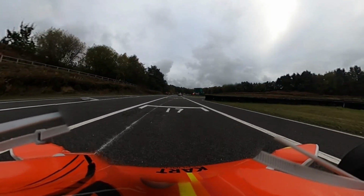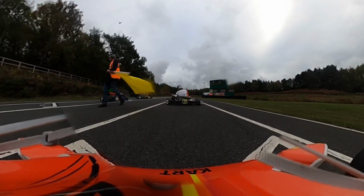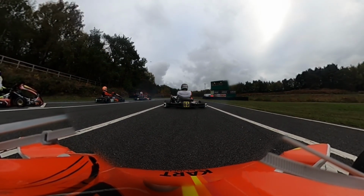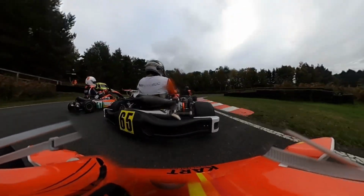In front of us is Rishi, I believe, so we're going to see if we can sort of get in front of him before the start, see what we can do with that gained confidence after heat 2. So green flag, well, we've got the permission to start, and it's going to be lights out, and away we go. We're going to go down the inside of Nick straight away, and Rishi's just going to get stuck behind